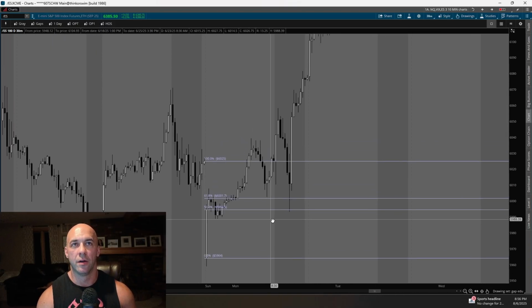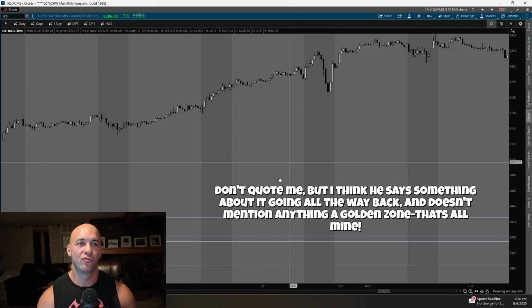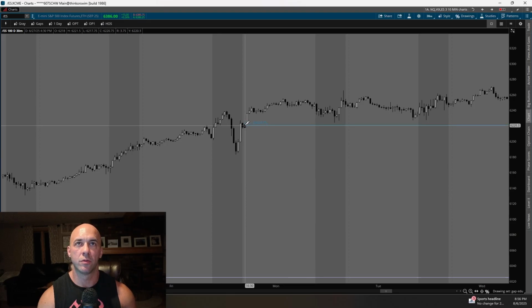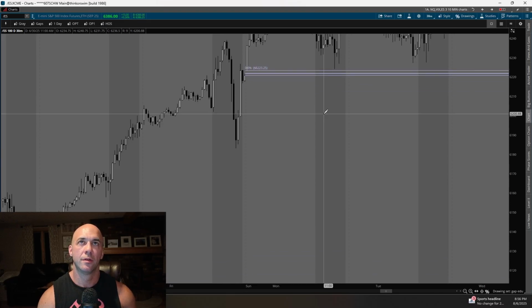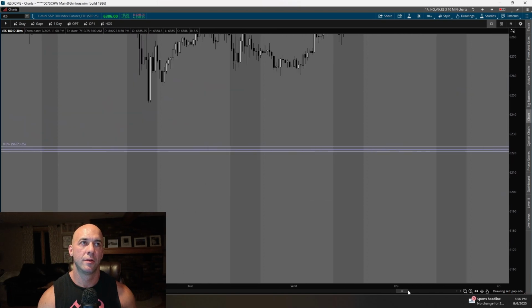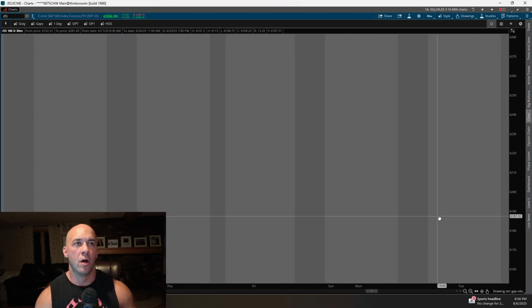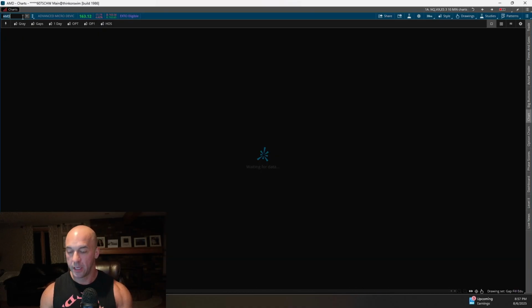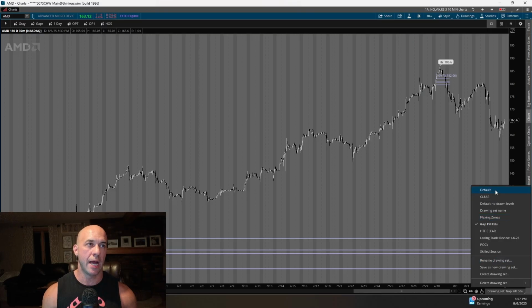So, let's see. Here's another one. This one's smaller. Nothing yet. Last but not least is, when do I mark a gap as being filled? If I'm only marking gaps from the 4 p.m. close to the 9:30 open, I'm only going to consider it filled during regular trading hours. That means that if in pre-market, we'll go back to AMD, if in pre-market we're trading through any gap levels at all,